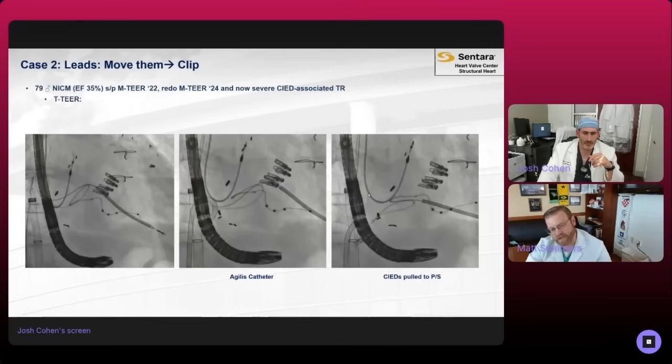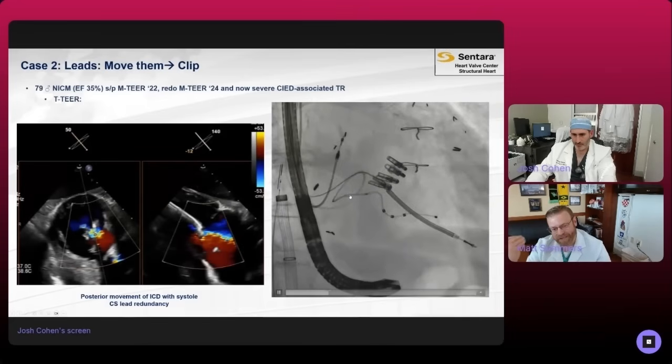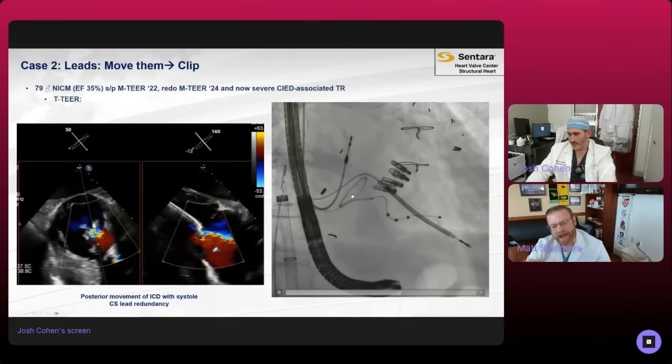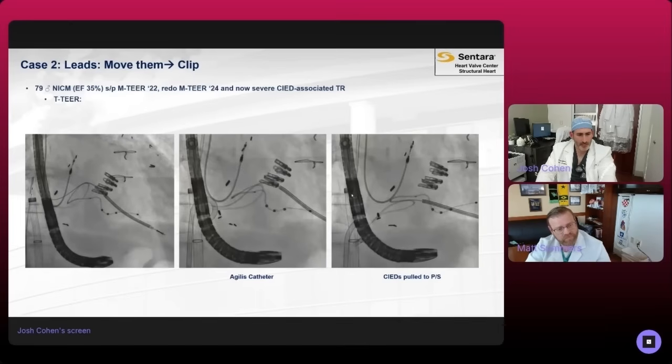You can almost see that CS lead wrapping at the annulus and hitting the annulus with each contraction. So it absolutely affects deploying the clips, but the dramatic systolic posterior movement of the ICD lead was really what stood out on that fluoro image. So, what we decided to do in this case, let me go back, sorry,